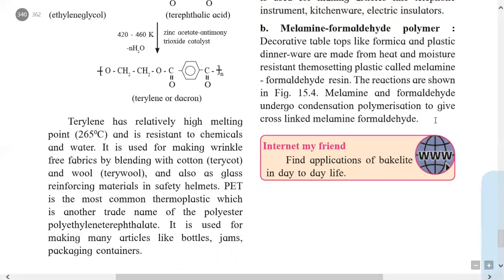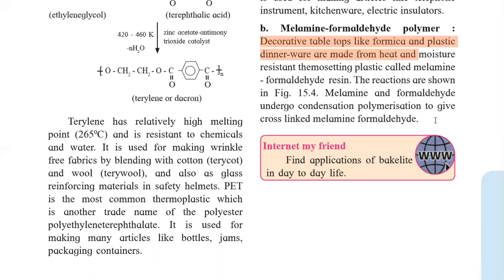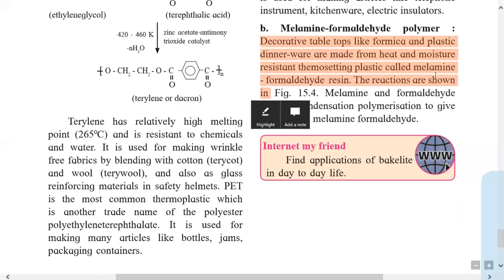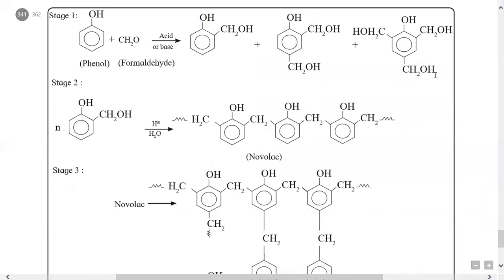The second type of polymer prepared from phenol and formaldehyde is melamine formaldehyde polymer. Decorative tabletops like formica and plastic dinnerware are made from the heat and moisture resistant thermosetting plastic called melamine formaldehyde resin. The reactions taking place for the preparation of this